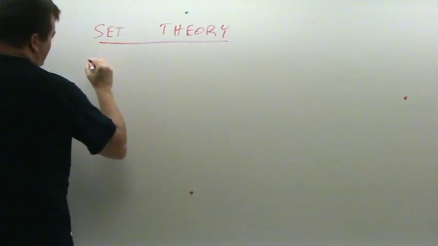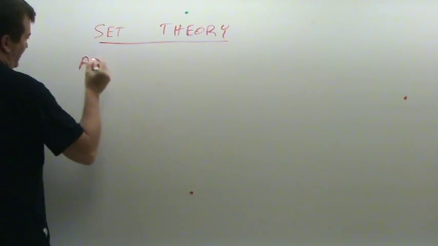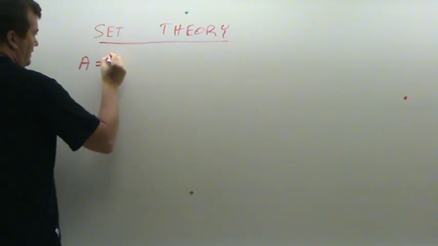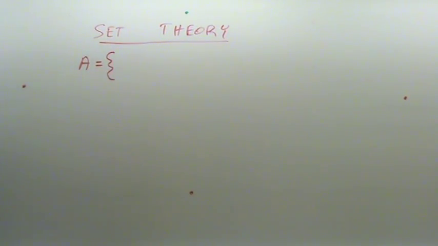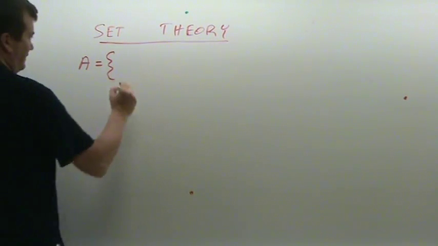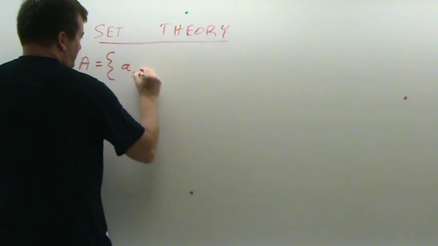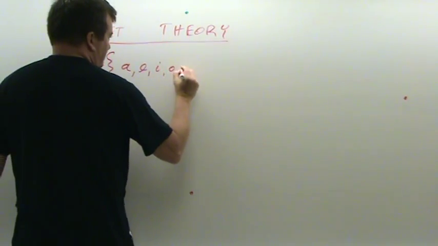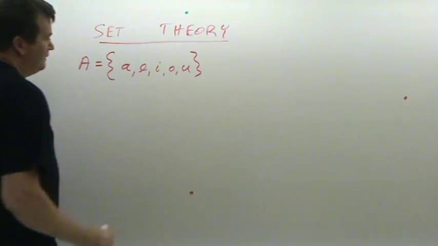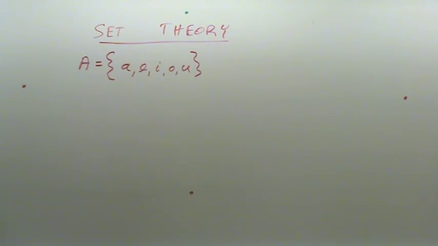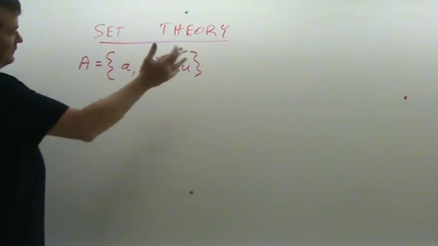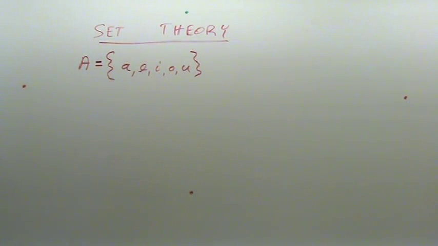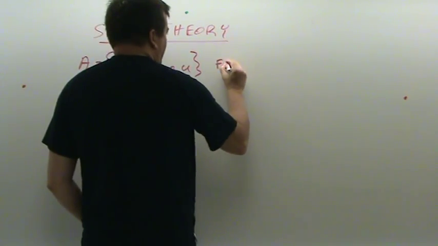A set is usually represented as a capital letter, and then is equal to, we could say really anything, like let's say the vowels. So that's a subset of the letters of the alphabet, and in this case, all the letters in the alphabet are the entire alphabet, and then this would be a subset of them. So this is an example of a